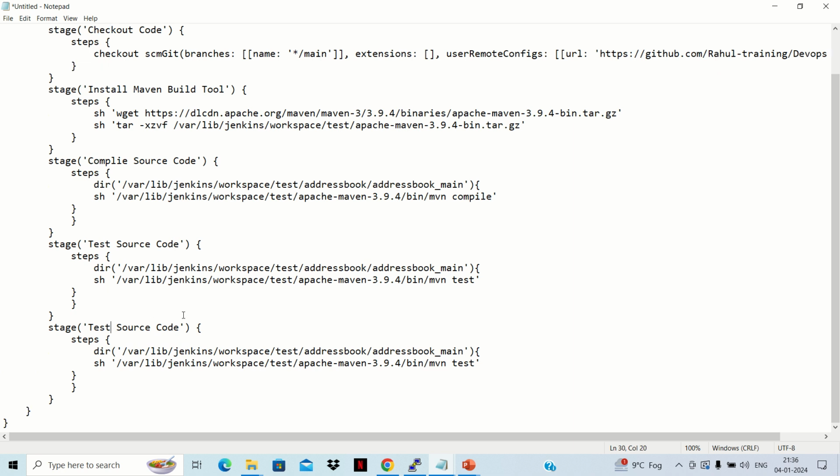And here what we'll do, the stage name as code analysis, okay, and this directory will remain the same. We don't need to do anything, only the command will get changed. So we need to do certain modification related to code analysis or